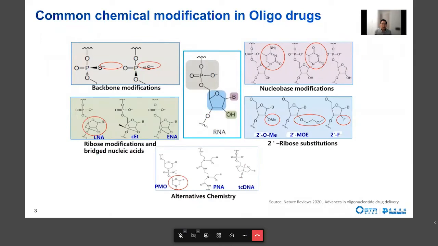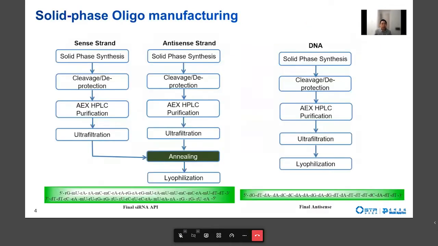In terms of the drug design, chemical modification is one of the most common and effective approaches to improve oligonucleotide drug delivery. Modification can be on the nucleic acid backbone, the base, or the ribose sugar itself, such as 2' hydroxy substitutions, constrained sugaring, or even replacement of the 5' sugaring with a 6' morpholino group, which is also called PMO.